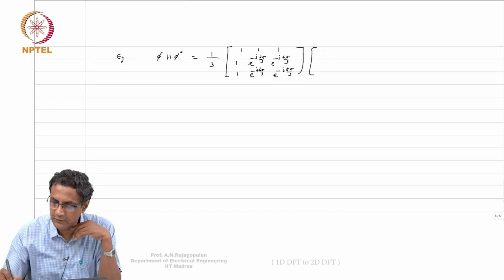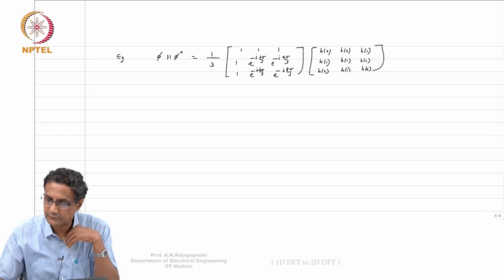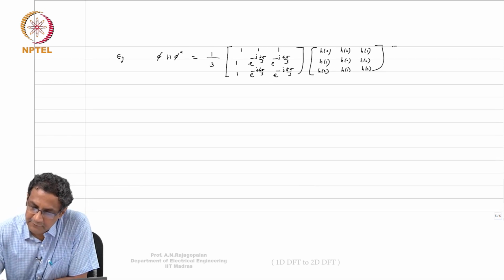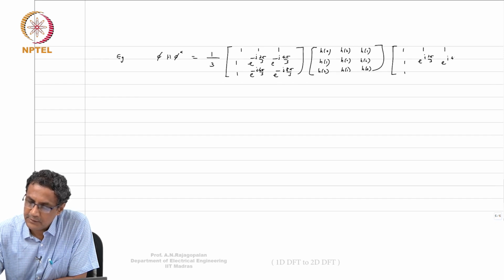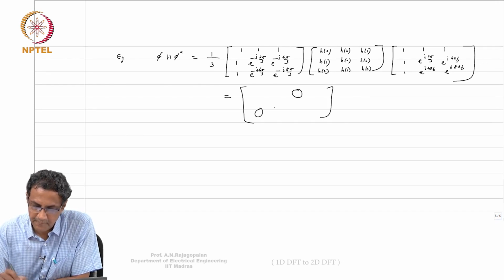And then you will have your circulant matrix: H0, H1, H2, then H2, H0, H1, then H1, H2, H0. And then you will have phi star, which is 1, 1, 1, 1, 1, then e^(j2π/3), e^(j4π/3), e^(j4π/3), and e^(j8π/3). So if you actually multiply this, the diagonal matrix that you get, you can show that